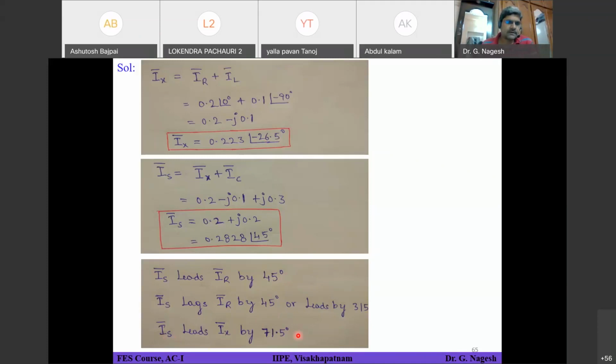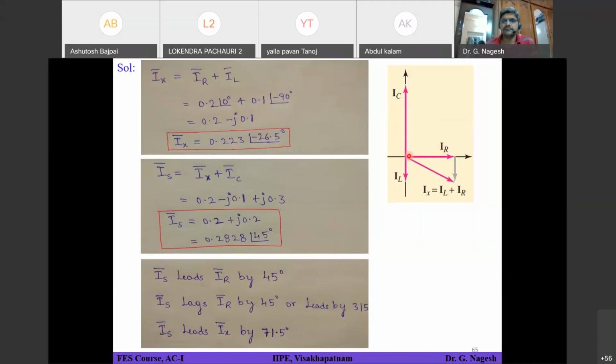It's simply you have calculated using phasors different parameters, and you are just checking the phase angle difference between those parameters. Okay, right. So one will be leading, one will be lagging. Okay, so according to that, you have to determine these conclusions. Okay, so for better understanding, if you plot the phasor diagram, so here I have plotted